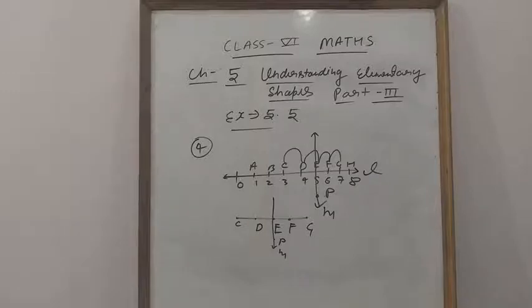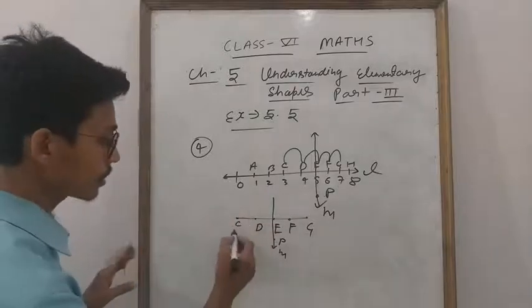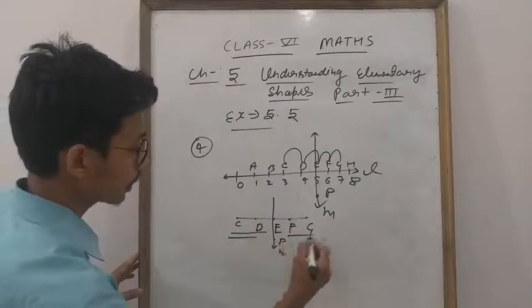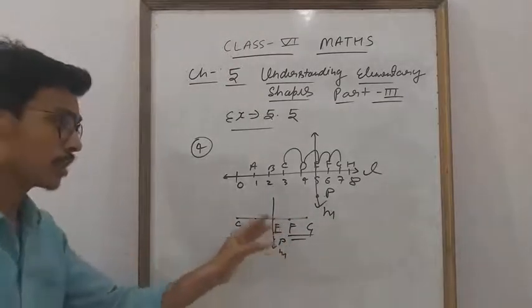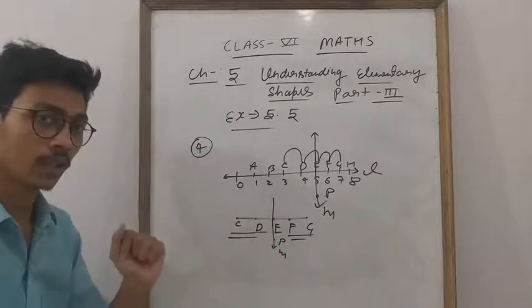एकदम ध्यान से समझिए. Does PE bisect CG? Do you know that yes, this is bisecting. Why? Because देखिए, there is two unit. There is also two unit. Okay, and E is also the middle point. This is bisect and the PE bisect CG in two equal part.